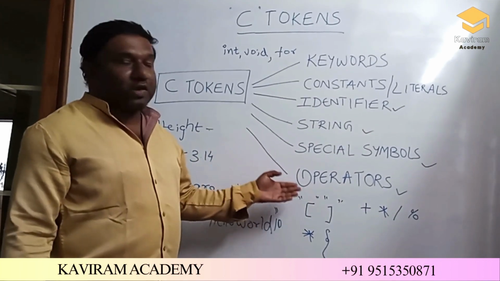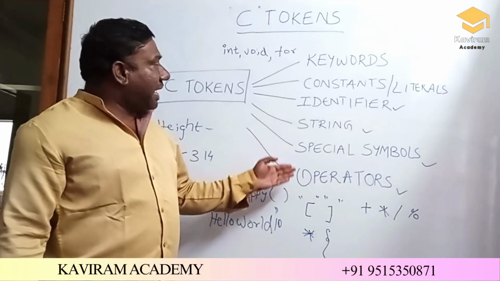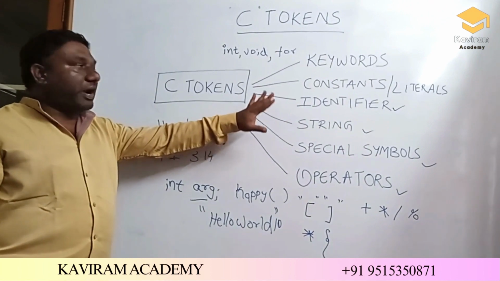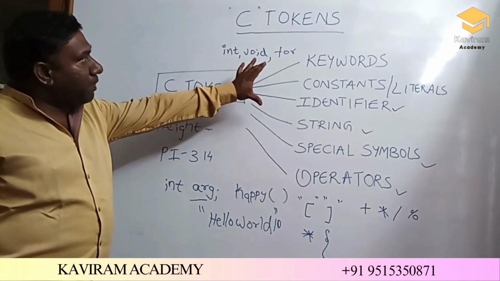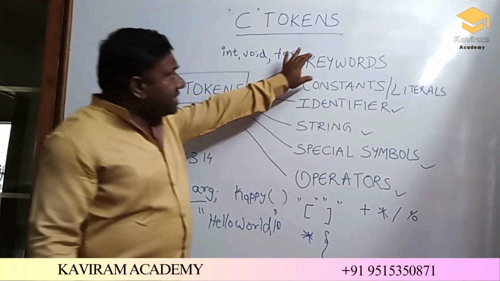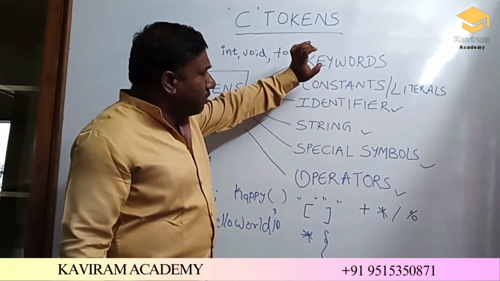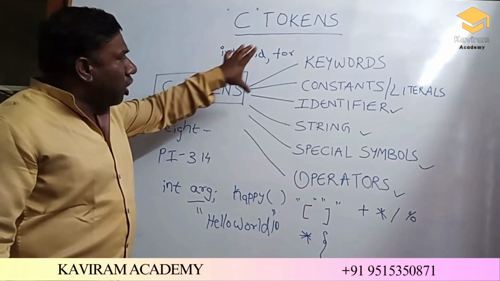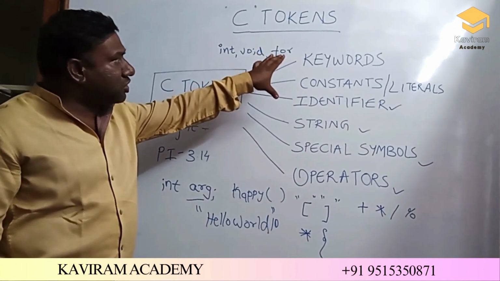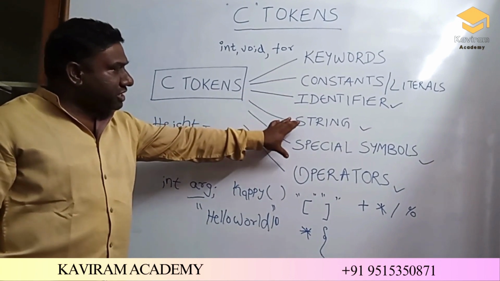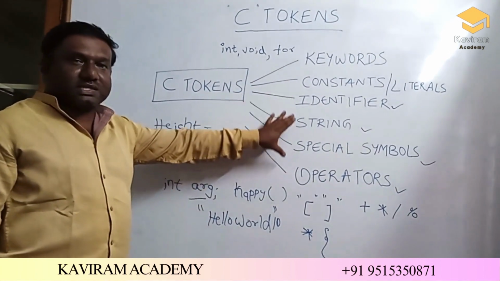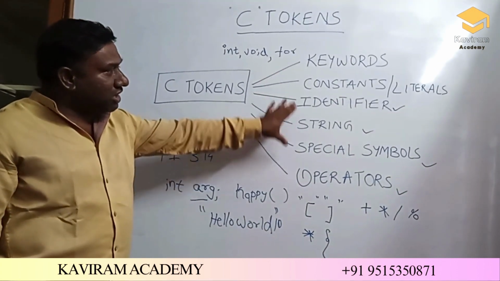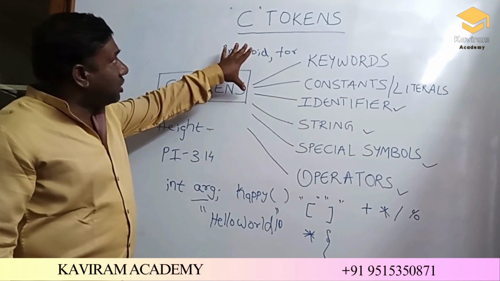Basically, whenever you write a C program, it is a collection of all these C tokens, comments, and white spaces. Each and every one is used in your C program. So C tokens are very important as small blocks. All the C tokens consist of keywords, constants, identifiers, strings, special symbols, and operators. To write a program, we use all of these. So these are your C tokens in the C